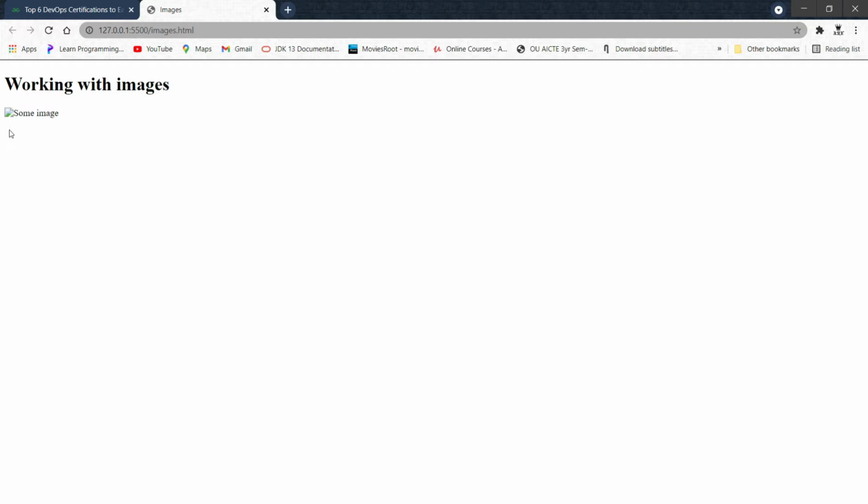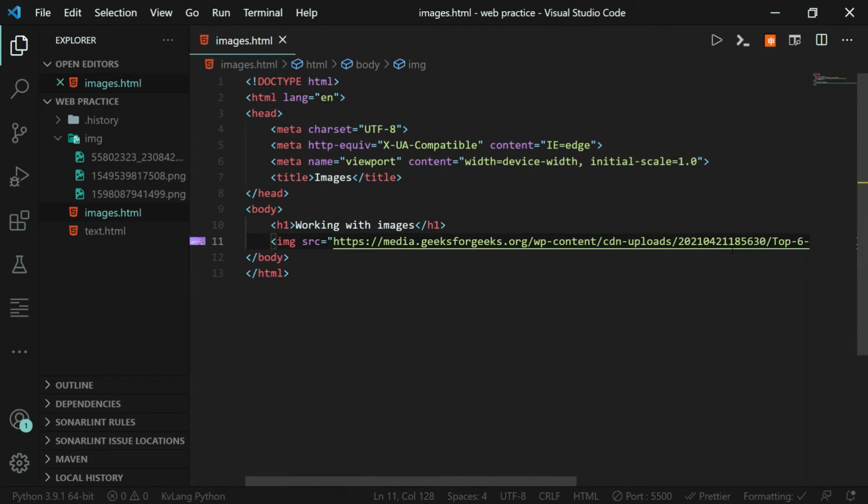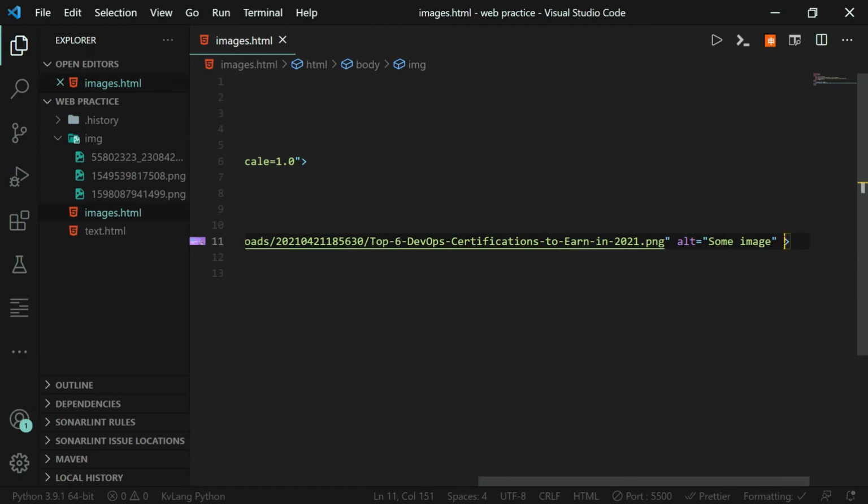So the image is not loaded here, but we can see some image instead of the image. That is the work of this alternate attribute. We can always set some alternate text to show when our image is not available. Let's get it back. So this is the use of alternate.